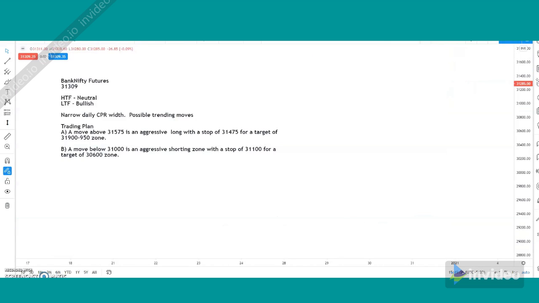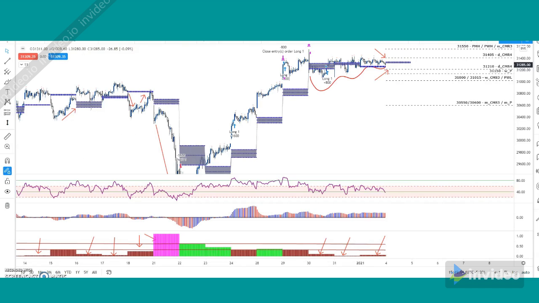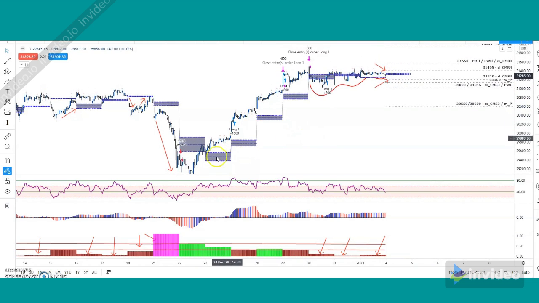I have mentioned higher time frame is neutral and lower time frame is bullish, as I mentioned, because of this volatility contraction post a major uptrend. Usually price tends to continue this trend unless and otherwise proven. So on the face, it appears to be a contraction that is waiting for an expansion on the upside, but you never know, anything can happen in this